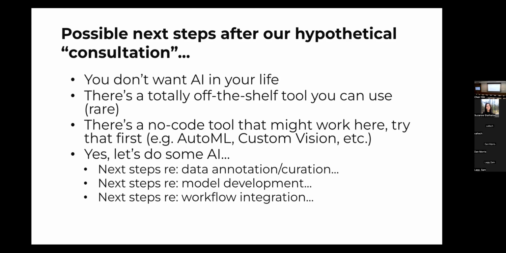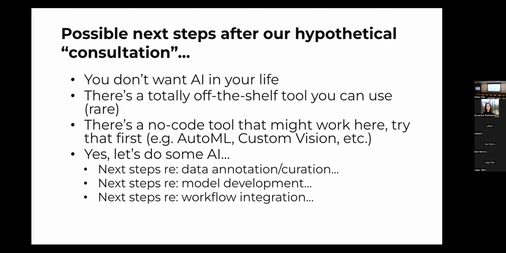Also, when I'm talking to folks who don't have previous deep learning or machine learning expertise, I often advise people: before you do anything fancy, try a no-code tool. There are 50,000 no-code tools out there. Google, Amazon, and Microsoft all have enterprise no-code tools, especially for computer vision. There are 1,000 startups that have no-code tools, and they're so easy to try. Especially if you get the sense that this problem isn't that complicated, that it's a vanilla machine learning problem, especially a vanilla computer vision problem, I always encourage folks to try tools like this first.